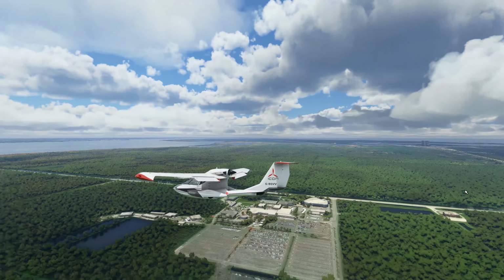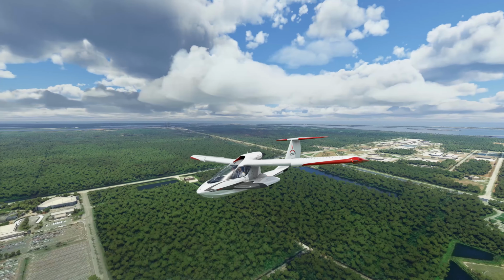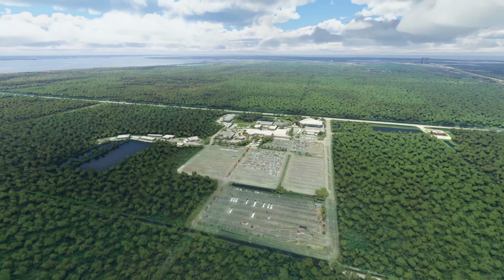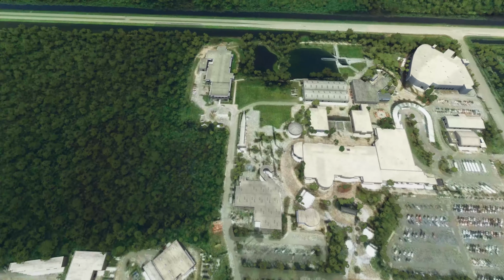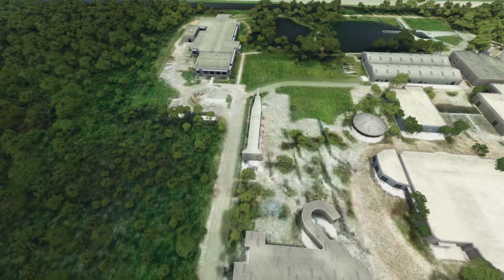And you can come out into your drone and then go have a look at everything around here. So, let's go have a look at the visitor complex and see what we can find. So here it is in all its glory, and I believe right here is the rocket garden with